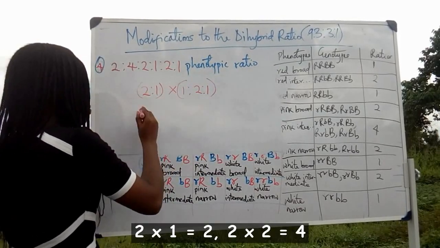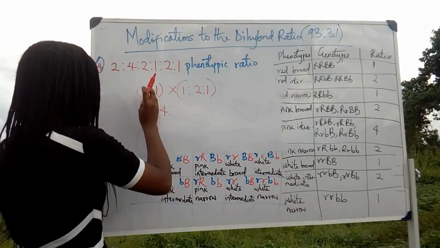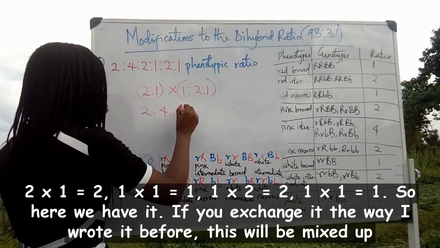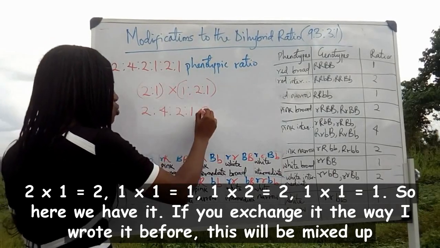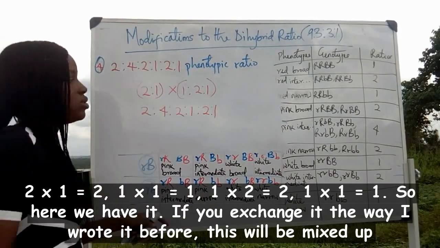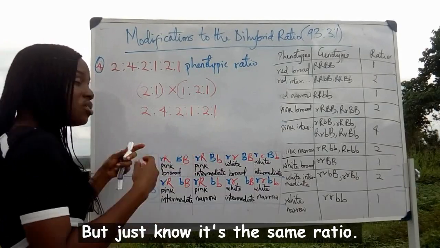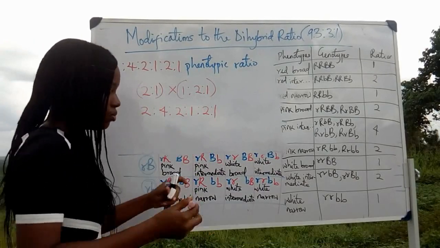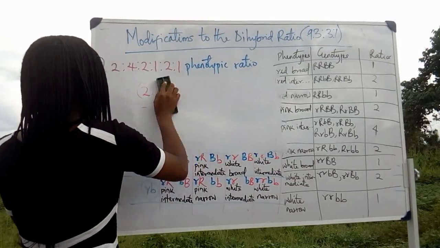So that's 2 times 1, 2. 2 times 2, 4. 2 times 1, 2. 1 times 1, 1. 1 times 2, 2. And 1 times 1, 1. So here we have it. If you exchange it the way I wrote it before, this will be mixed up, but just know it's the same ratio. Okay, to the last ratio